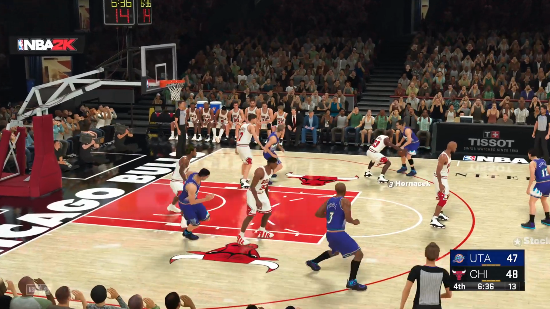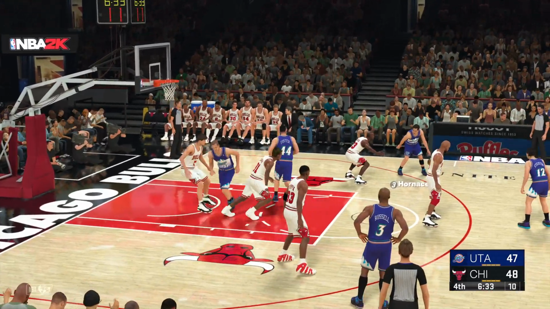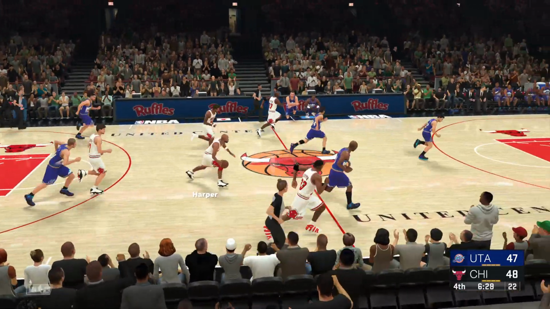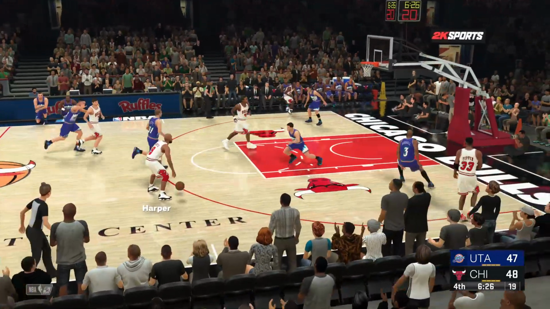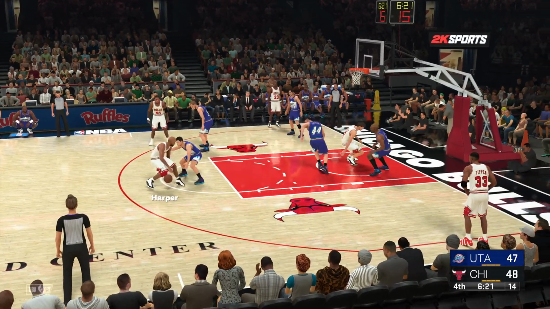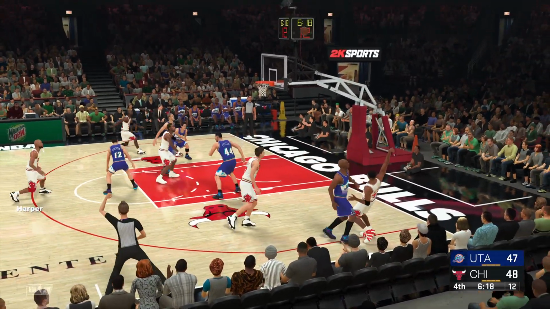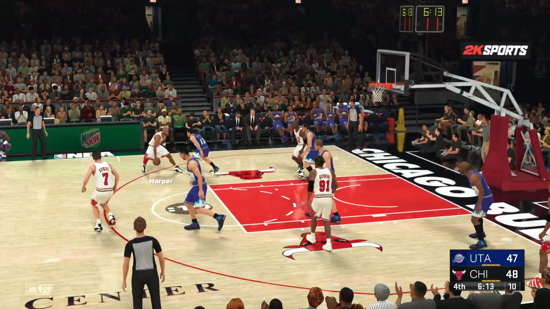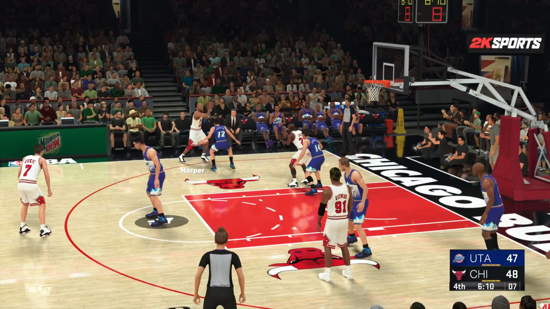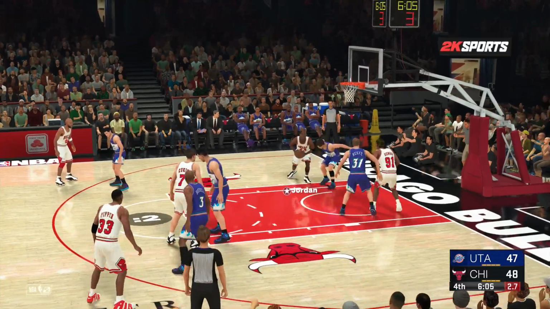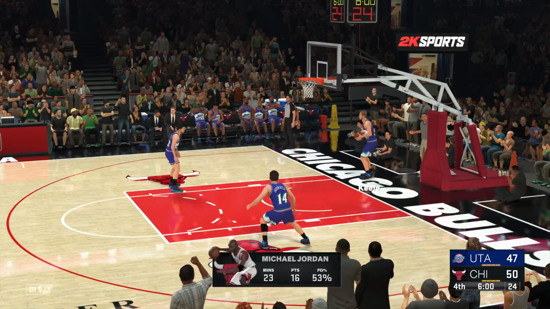The Jazz working the ball around now. Jordan against Hornacek, and stolen by Jordan. Outside Harper. It's Pippen on the wing. And they'll get another chance. Harper against Stockton. Harper the pass to Jordan. 3 on the clock. A second chance effort. And that's 2 points on the layup. And now it's a 3-point Chicago lead.